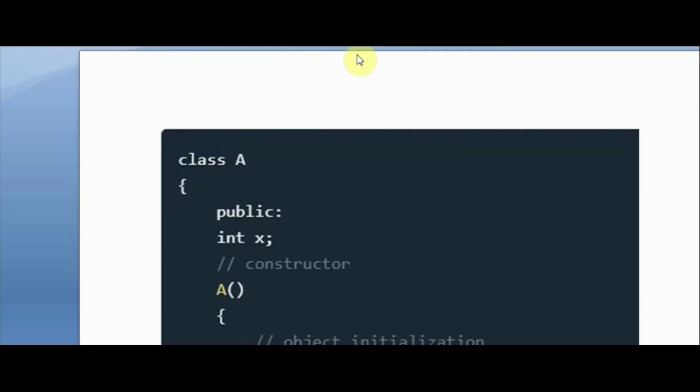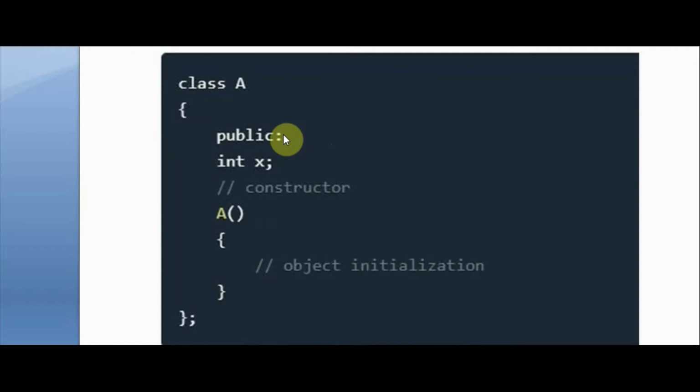Students, in this video we will learn about constructors and destructors, how they can be used in C++ with examples of programs created in C++. We will learn about constructors and destructors. First of all, constructors are special class functions which perform the initialization of every object.